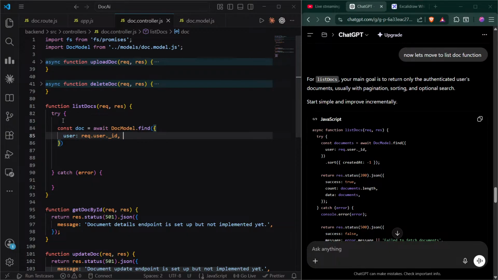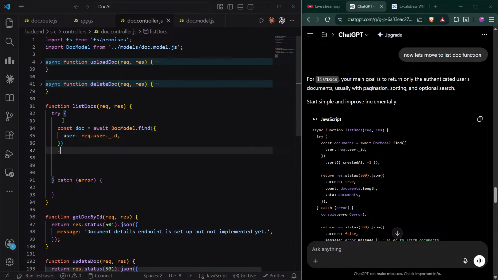Okay, and then we'll sort this, dot sort, created at -1.